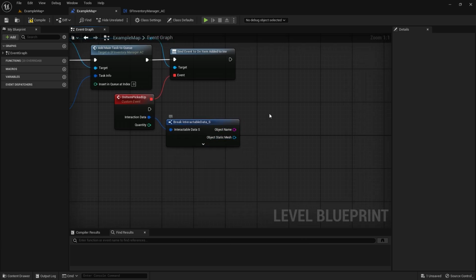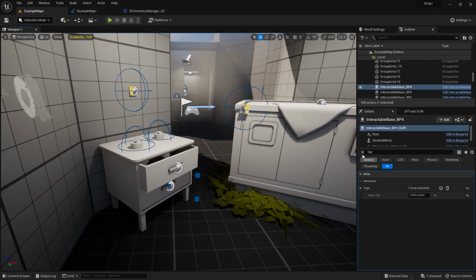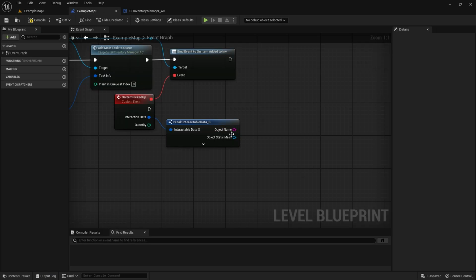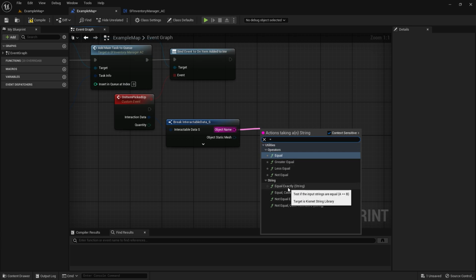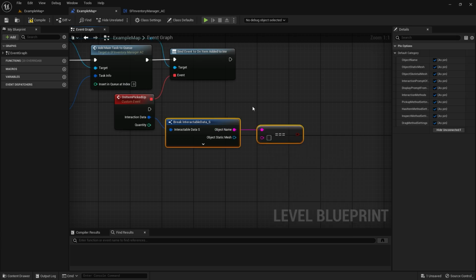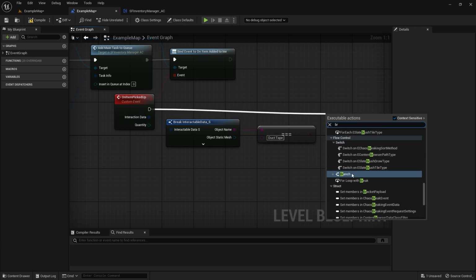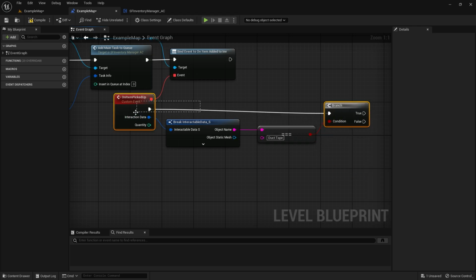The object name pin is what we're looking for here. So the duct tape item name is duct tape, so we can go ahead and copy that. Then off of the object name, we can search for an equal. We're looking for equal exactly string. And if it is equal exactly to duct tape, that would mean our player has picked up a